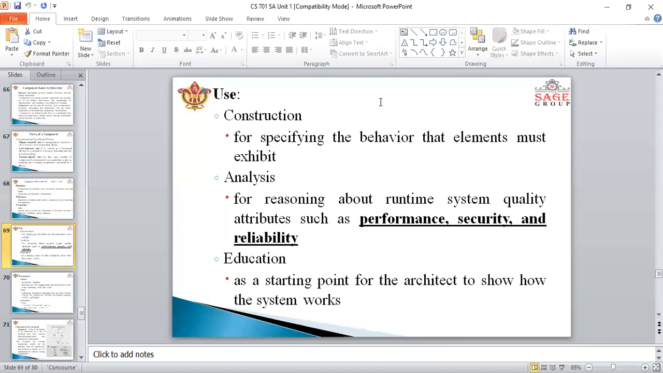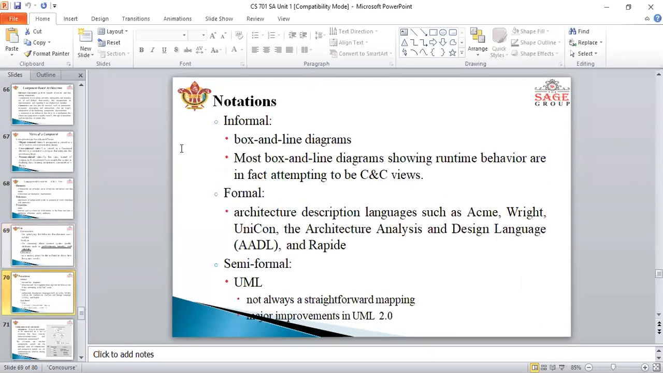So this is the analysis having these things. And education as a starting point for the architect to show how the system works. That means the architect knows all kinds of knowledge about that particular software. And notation is having three kinds of notation: formal,